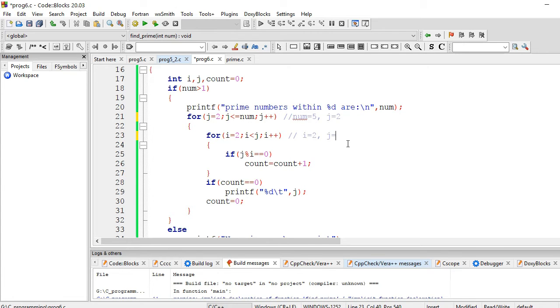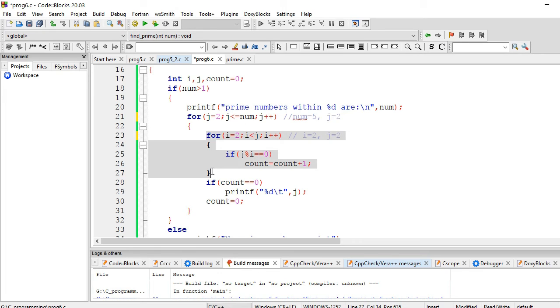So j is also 2. Now in the for loop you can see that i equal to 2 and i less than j, so this condition is not satisfied. So for the first iteration, i equal to 2, j equal to 2, we will not enter this for loop.